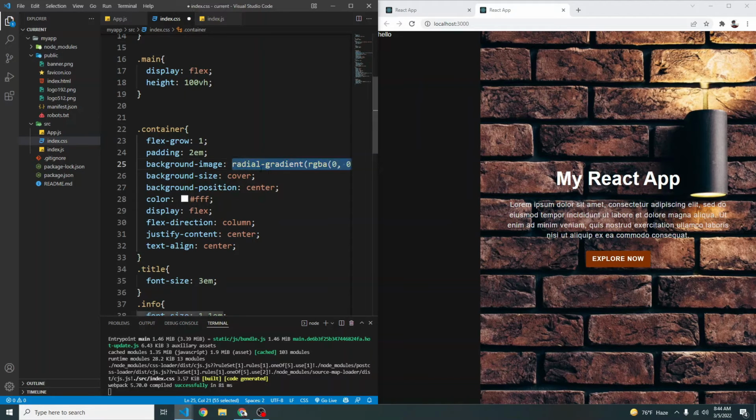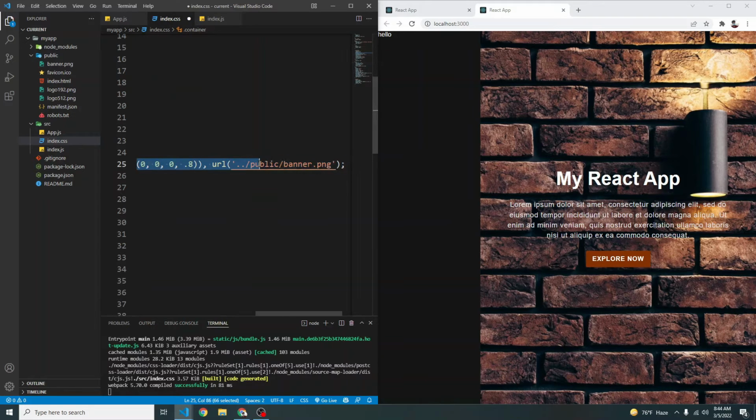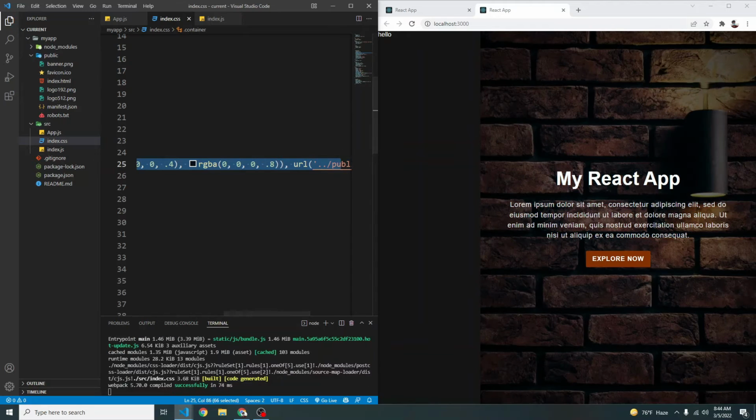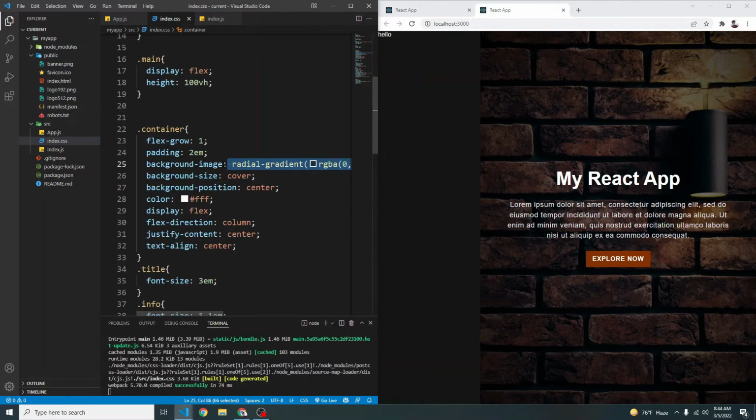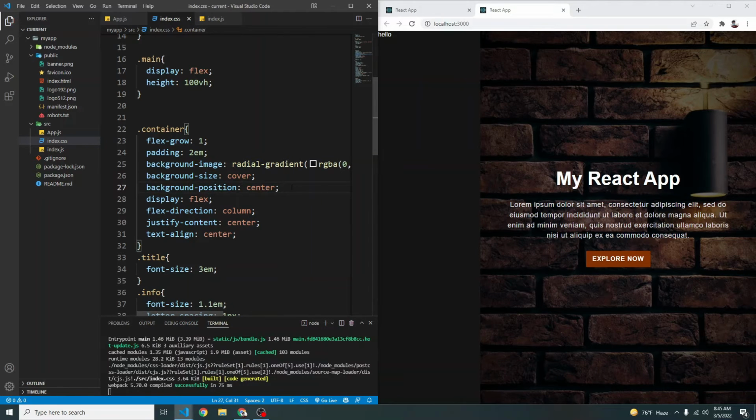So that is the reason we are adding an overlay of radial gradient, a radial gradient of RGBA 0, 0, 0 at 40% opacity, and RGBA 0, 0, 0 at 80% opacity. So now we have this darker overlay here. And then we're simply saying the background size will be cover, and the background position will be center, so the image will be centered. I don't think we need the color to be white here, since we already set our body to have a white color. Yeah, nothing changes. And then we're setting the display to flex and flex direction to column, so everything will be on top of another.